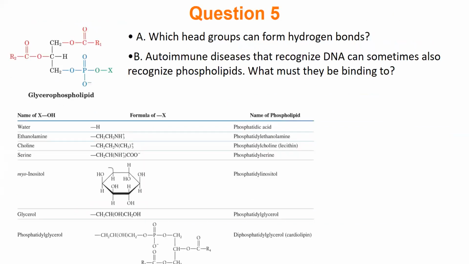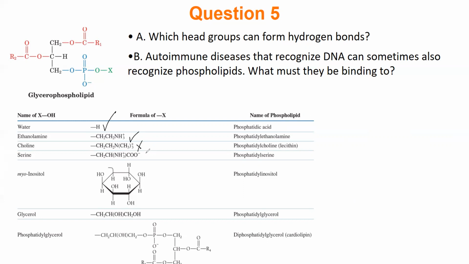Here is a way to force you to study for this. Just look at these groups and ask which ones can hydrogen bond. So I'm just going to go over this really quick. The idea is instead of this X, we're going to put one of these groups and ask, can that group hydrogen bond? Well, if I had a hydrogen there, yes, that can hydrogen bond. If I had an NH3 plus there, yes, that can hydrogen bond. Choline can't because it has CH3 groups. So remember, if you just have carbon and hydrogens here, you can't really form a